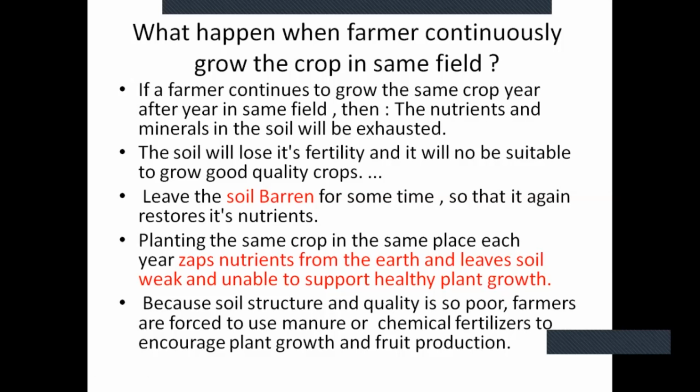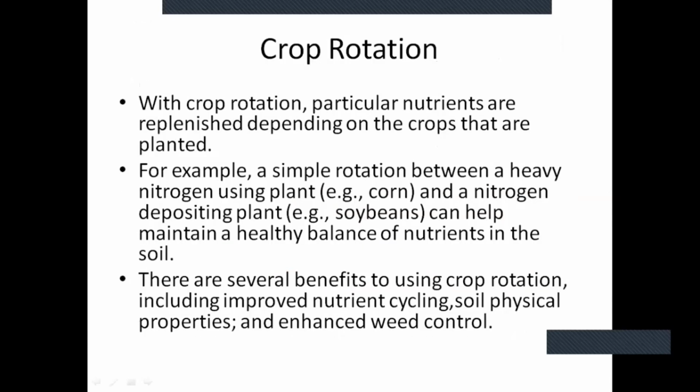Now, what does the farmer have to do? He needs to get good production, a bumper crop, so that he earns more and more profit. To replenish these nutrients, what did he start doing? He started applying chemical fertilizers. Why chemical fertilizers? I already told you that they give quick and faster results. That's why the farmer is using this fertilizer.